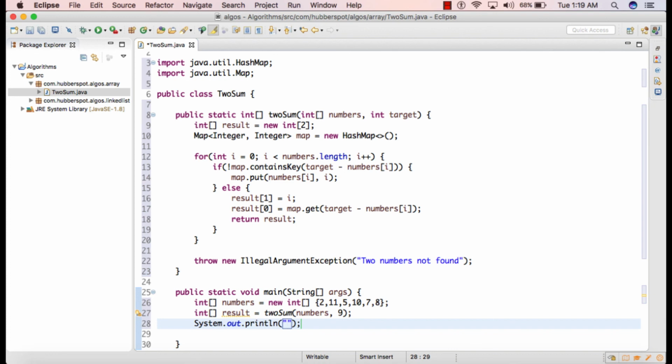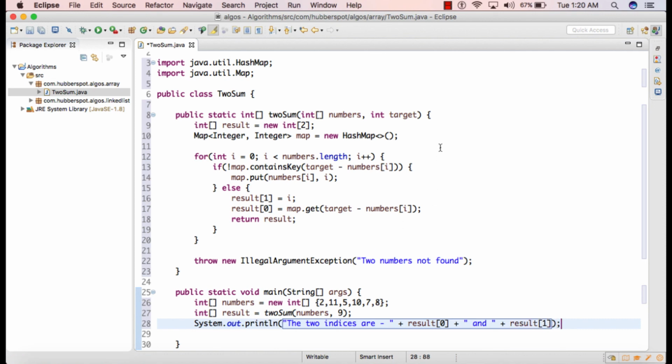So the two indices are result at 0 plus result at one position.